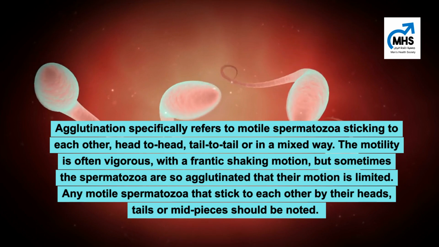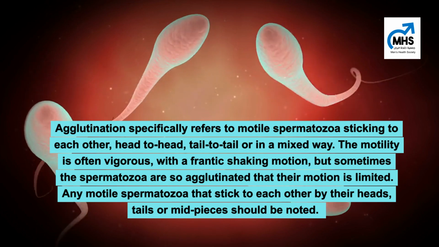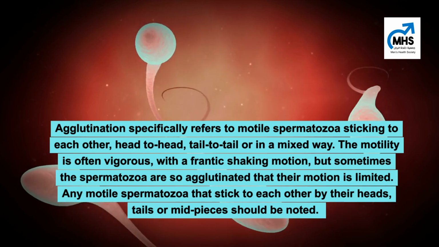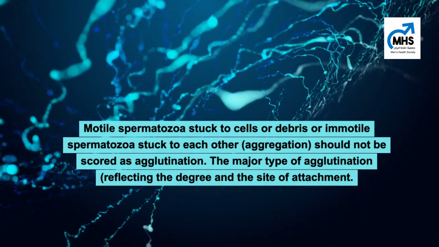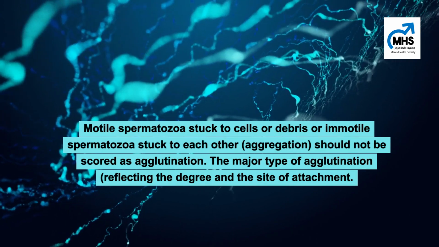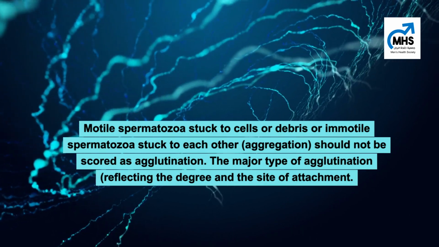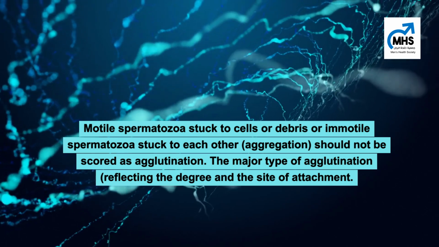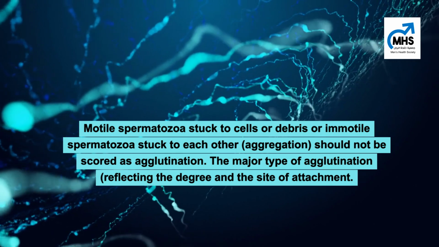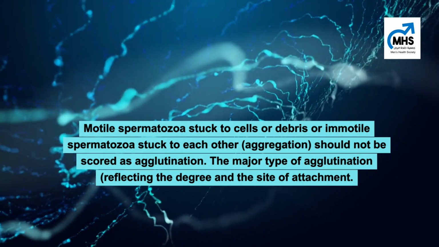Any motile spermatozoa that stick to each other by their heads, tails, or midpieces should be noted. Motile spermatozoa stuck to cells or debris, or immotile spermatozoa stuck to each other, aggregation, should not be scored as agglutination. The major type of agglutination, reflecting the degree and the site of attachment,